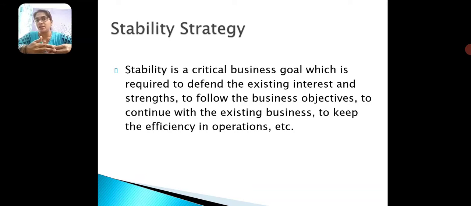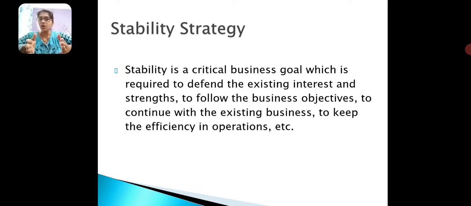Then what is the disadvantage? Mainly, this strategy cannot hold in the long run, because in the long run every variable in the market is subject to change. The market dynamics, the situation, tastes and preferences of the consumers, all of it is going to change. If you're not making any changes in your goods and services, or not inventing something new, no innovation, then eventually you may have to move out of the market, because there are many new goods, services, new competitors, new ways of doing things. So you may become obsolete in the long run.